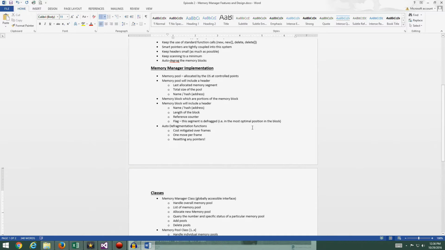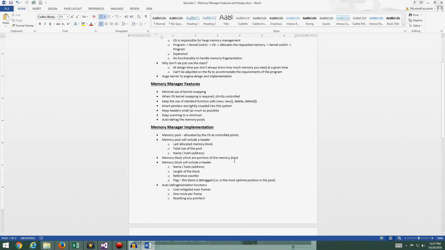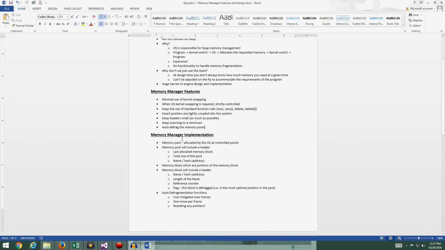Position in the pool. This block is defragged. Memory block. Oh, that's not spelled right. Defrag. Okay, let's save that. Memory pools. Okay. Yeah, I mean, we don't want to get ourselves confused. So anyway,